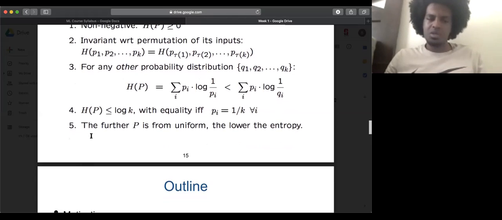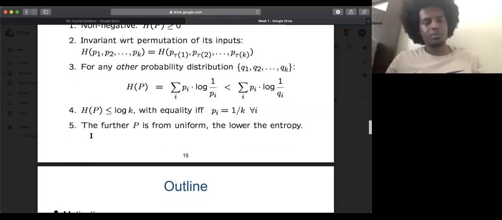I think I understand it intuitively from a math standpoint, but I'm not sure I intuitively understand. This is basically saying that if the probability was 1 over k, you see how the equation above is the sum of p_i log of 1 over p_i. So you would just have the sum of 1 over k, right? So that'd just be the log of k times 1 over k, which is 1. Yeah.